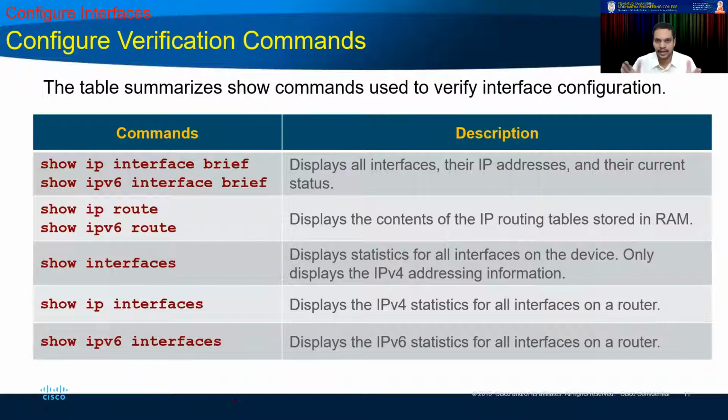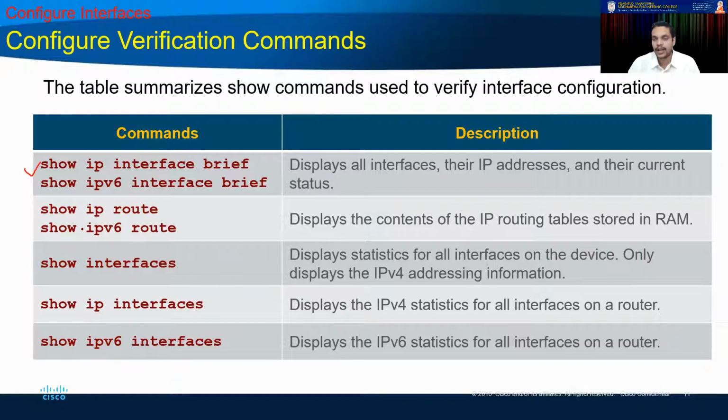And this is a summary of all the show commands that we use. We just checked out show ip interface brief and show ipv6 interface brief, and then we can also use show ip route. And one thing, please remember that the show command for IPv4 is simply ip, and if I want to specifically see what I have assigned for IPv6, I simply need to write ipv6. That's all. So show ip route or show ipv6 route shows the IP routing table stored in the RAM. It will display it.